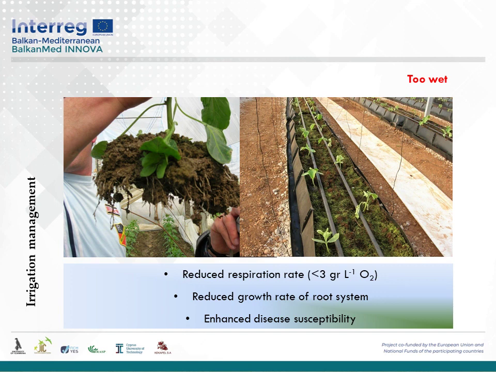Normally it happens if the amount of oxygen in the soil solution is less than 3 grams per liter, and because of this reduced respiration rate, first a reduced growth rate of the root system will appear, but later on other even more serious